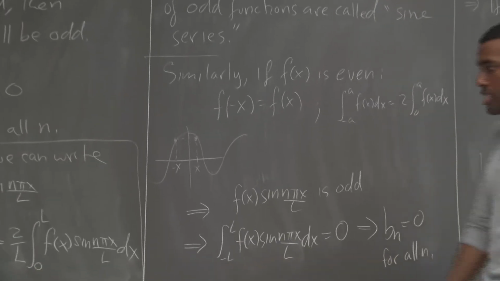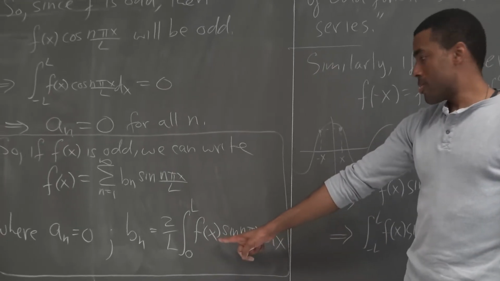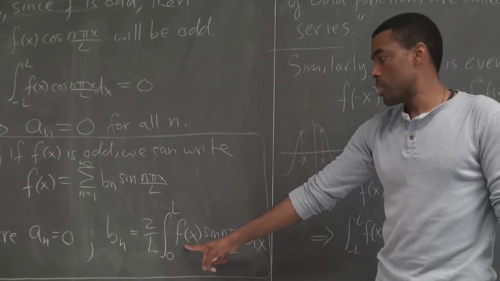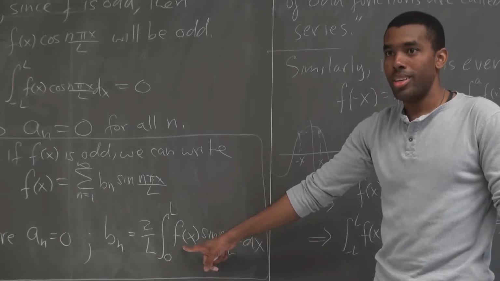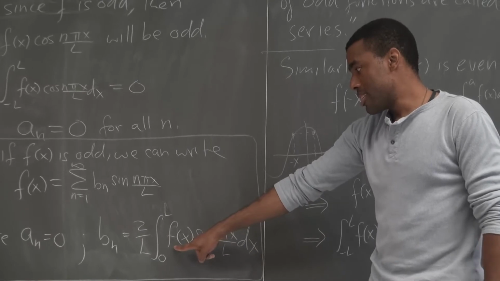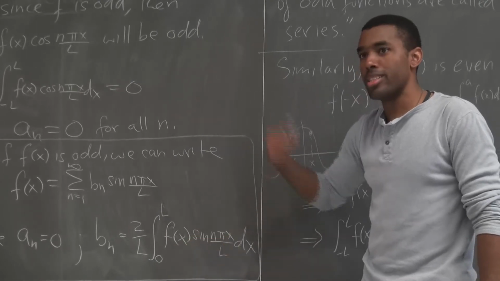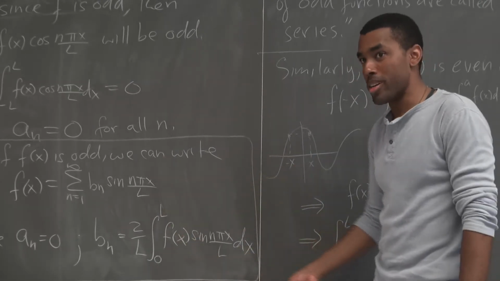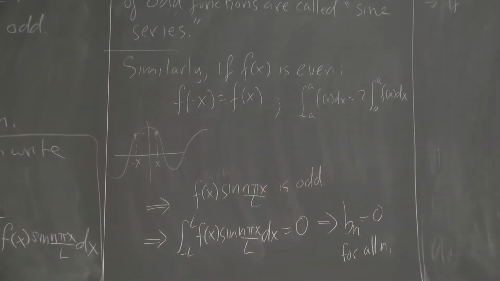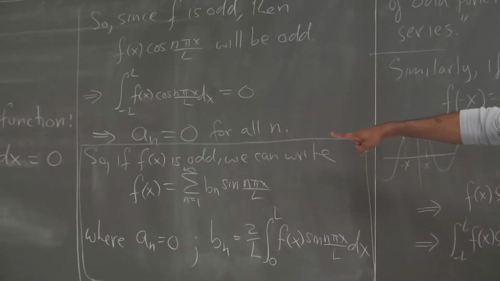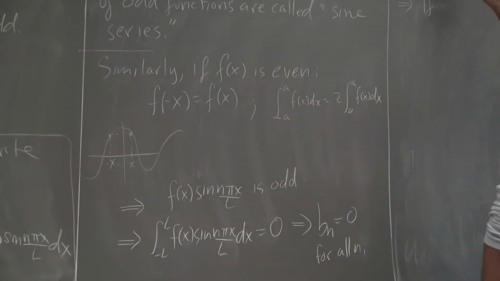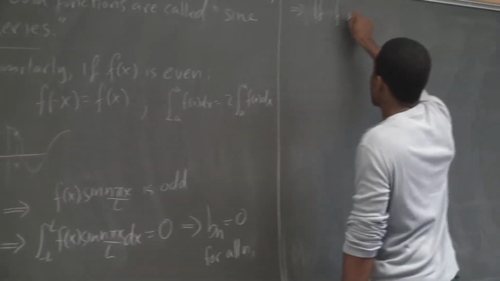And these integrations in general are sort of tough, because immediately you can see, as long as your f is not constant, you're going to have to do integration by parts. You're going to have a function times a sine. And if this guy doesn't die upon repeated differentiation, it's going to be a revolving integration by parts. So you want to avoid integration if you can. Knowing that a function is odd allows you to avoid some of the integration. So that's good. So this means if f is even,